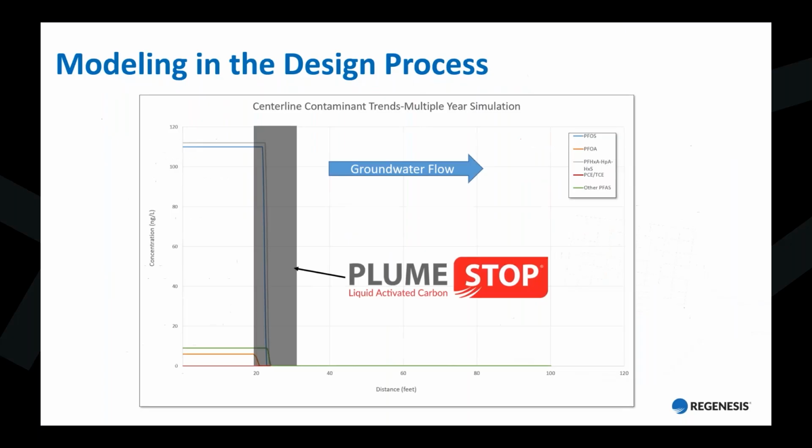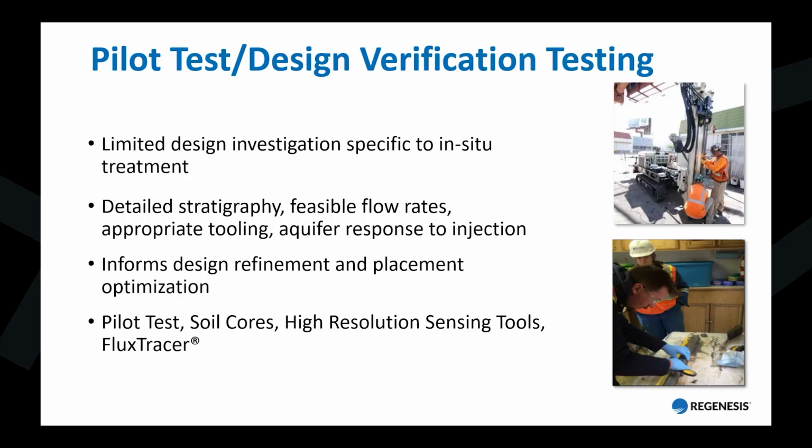So an output for this model will look something like this. On the left side, you have concentration, and this is an example showing PCE and TCE, as well as some of the PFOS, PFOA, and some of the PFAS compounds. So we're able to run this model and have multi-year simulations so we can evaluate what's happening on the other side of the barrier. Is there breakthrough or not? Or at 15 years, 30 years, are we still able to have this retention of the target compounds?